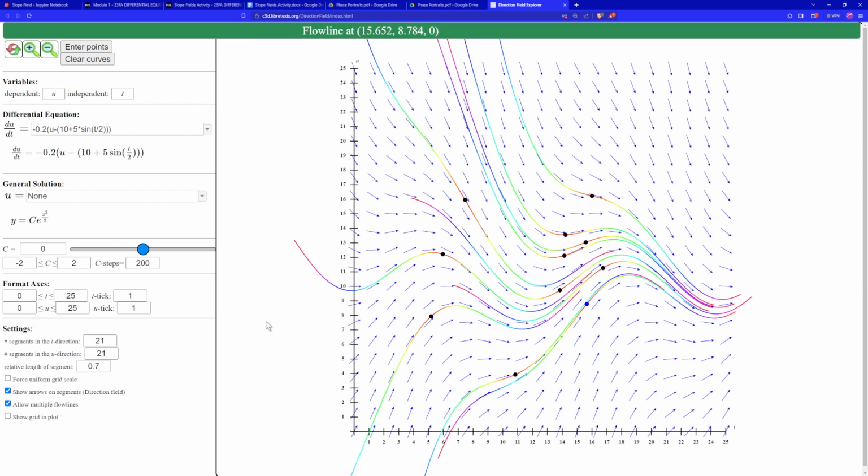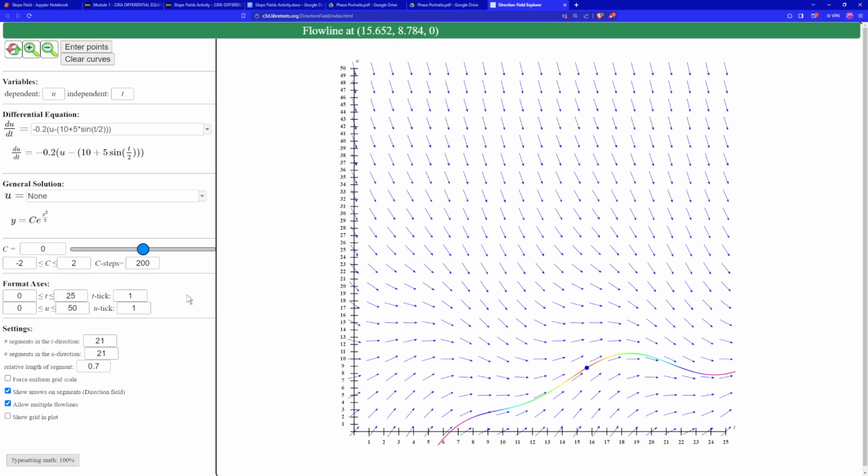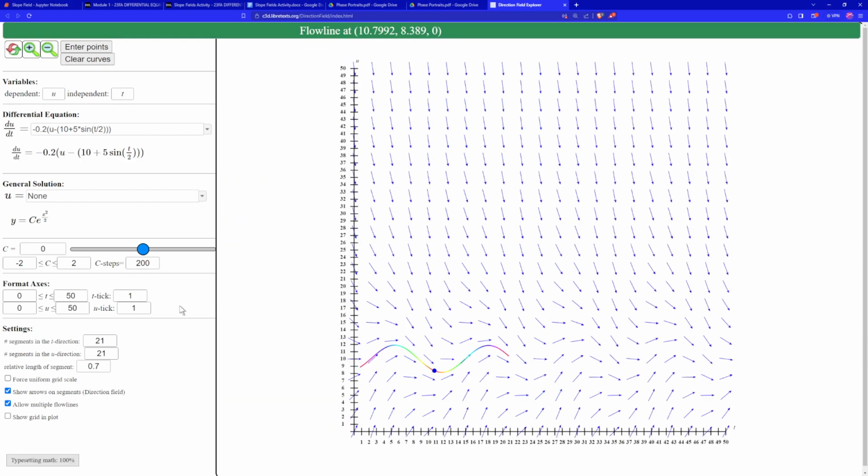I'm sure if we opened this up, no guarantees on this, if this will get glitchy on me or not. Okay, not too crazy. I opened up the t-axis a bit. Oh no, that was the y-axis. All right, it's probably going to be a little crazy in here, but